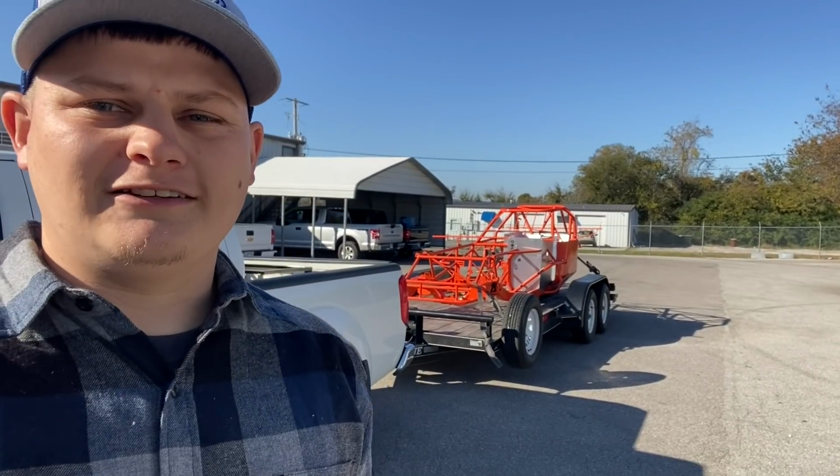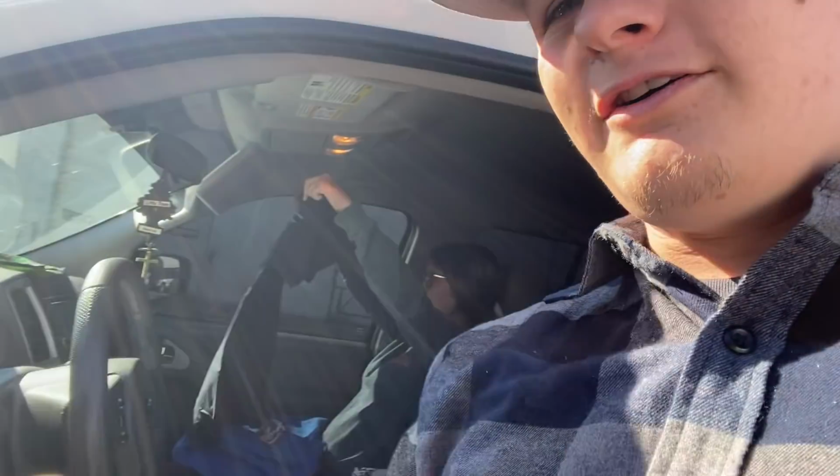All right, guys. So we're about to pull out of Shaw Race Cars. Got the car loaded up for Colton. Got a pretty nice little tour. That was pretty neat. Got to see the jig and all that kind of stuff. So we're about to head over to the Mark Mart Museum. Check that out while we're here. And then you know, oh, hungry over here. She's always hungry. We're gonna go get her some mom and pop food. So we're gonna get back on the road and